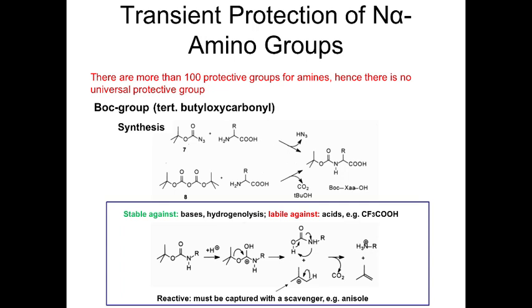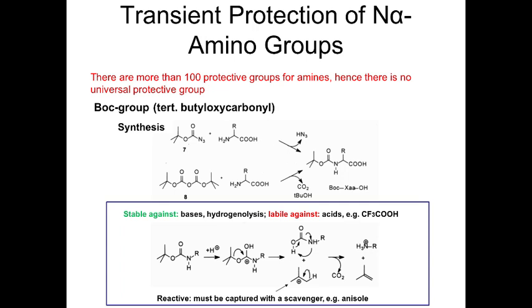Transient comes because usually when peptides are built up, the protective group at the amino site gets deprotected in each step so that the next amino acid can be attached there, and that means transient means it is continuously cleaved during the peptide synthesis, while, for example, the protective groups that are needed for the side chains are kind of persistent or permanent protective groups, because during the whole synthesis they remain on the polypeptide structure. They are only cleaved in the last step